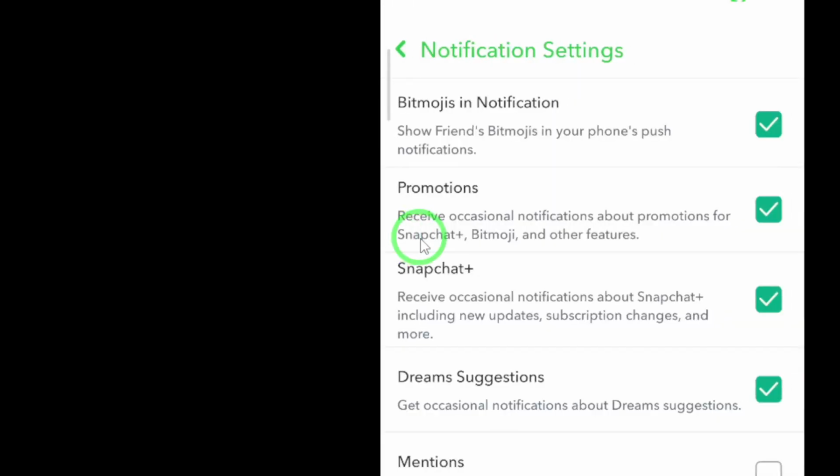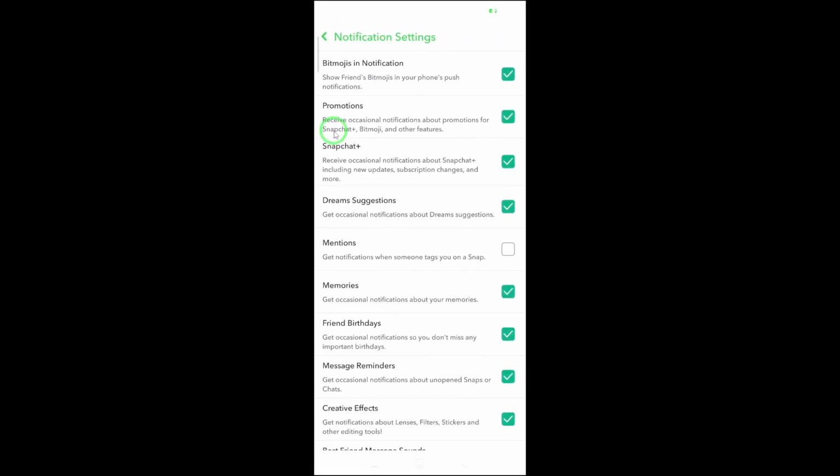Now scroll down until you find the notifications section and tap on it. This area lets you customize exactly what alerts you receive, so you're not constantly interrupted by things you don't care about. Once you're inside notifications, look through the list until you find the option labeled Dream Suggestions. When you see it, simply uncheck